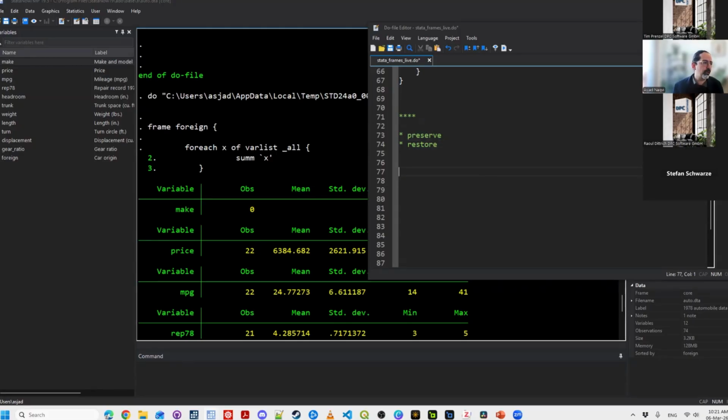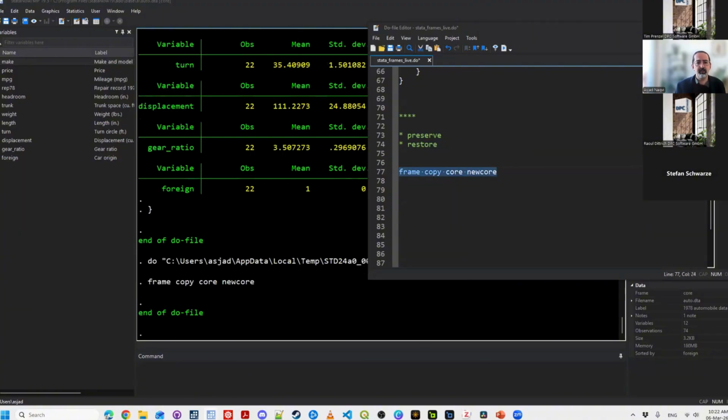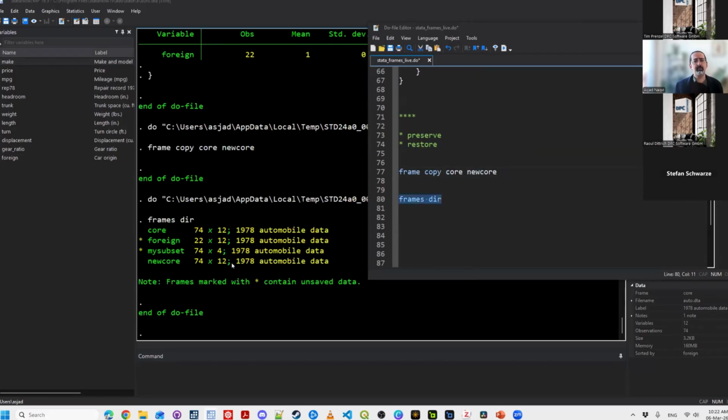And there's quite a lot of stuff you can do. You can even say frames copy, frame copy core my frame, right? So you can even copy your frames directly based on your use case scenario. So let's look at this. What we are now doing is just creating a bunch of new frames that we want to use, right? We can also do things like